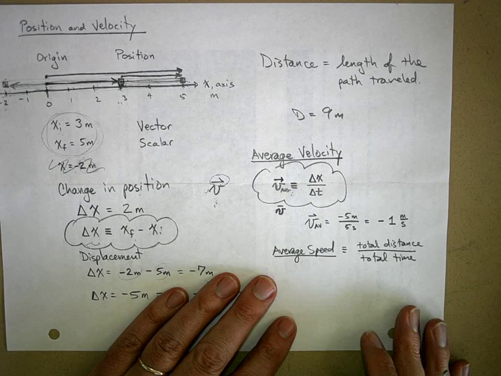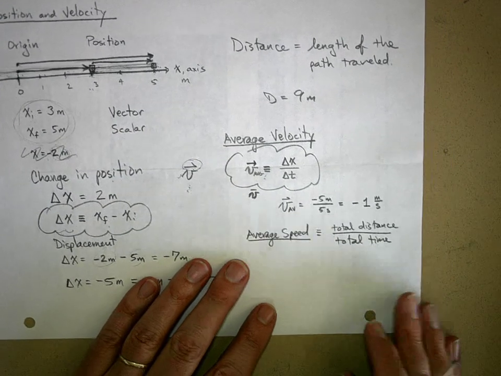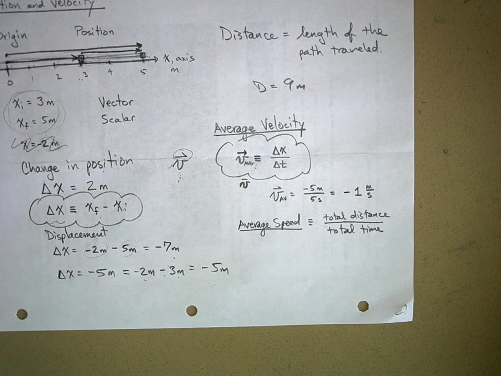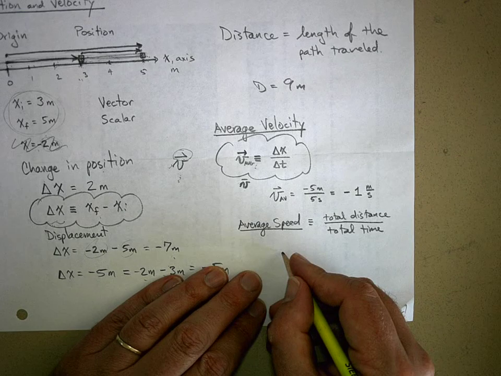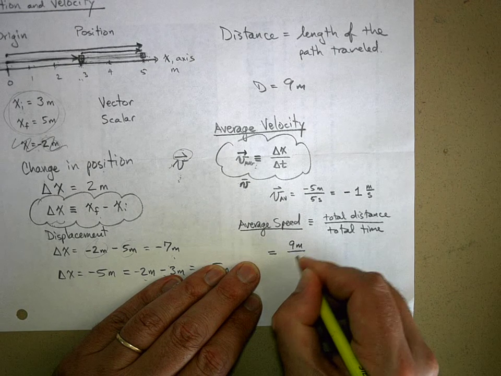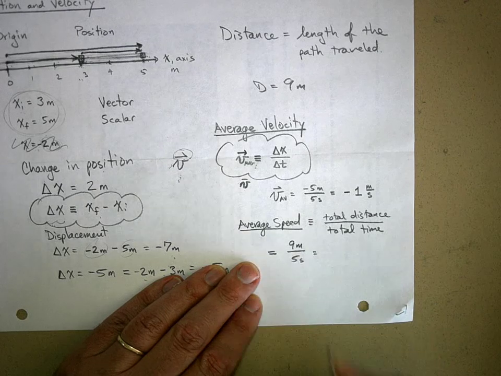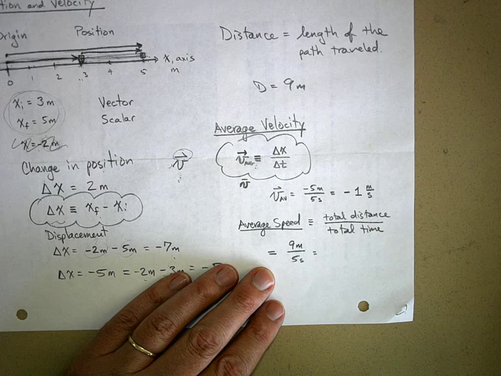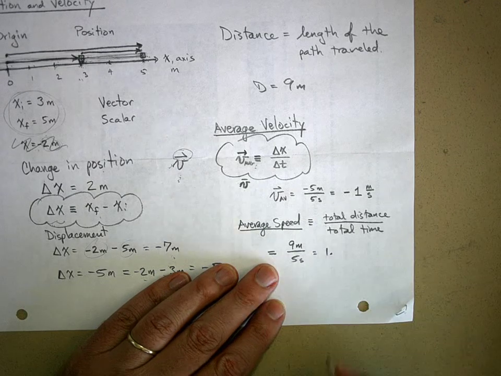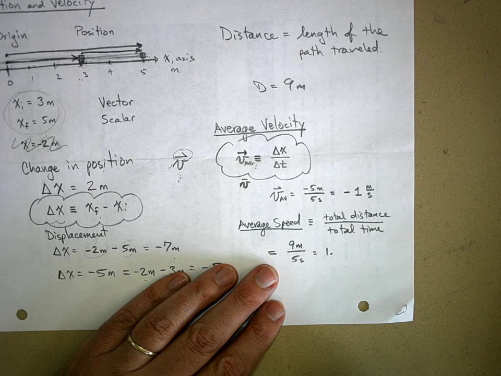For the example I'm using, what's the total distance I traveled? 9 meters. So this is going to be equal to 9 meters divided by 5 seconds. What is that, 1.8, I think? 9 divided by 5 is 1.8